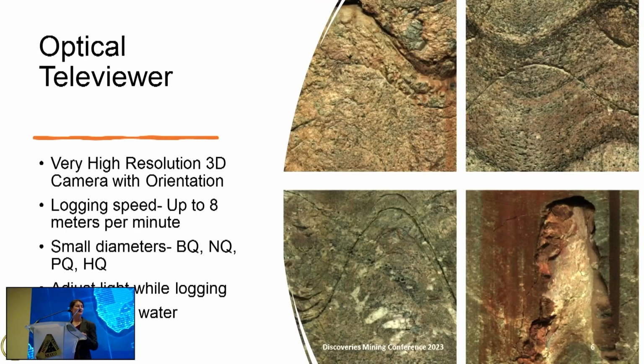So the optical televiewer you guys are probably most familiar with. It's really just a very high resolution 3D camera. And what makes it special is that you get that oriented information with it. So there's an orientation sensor, a 3-axis magnetometer and accelerometer inside the tool. And this comes from any manufacturer, right? We're just one of many. And so any manufacturer is going to make optical televiewers. You can get that 3D oriented digital core. So you get a digital core with this sensor.